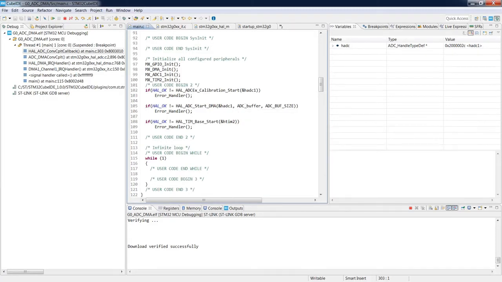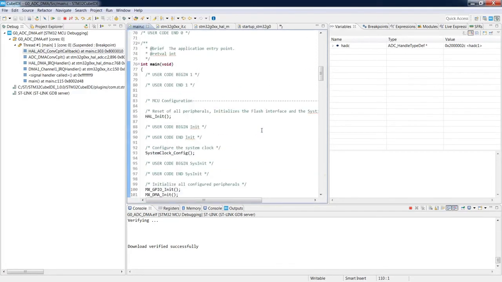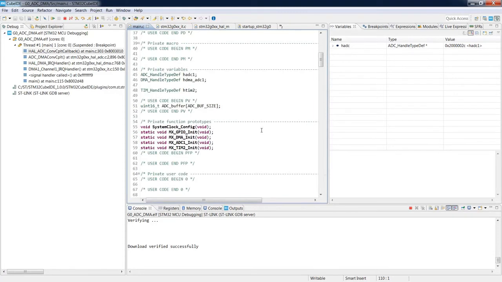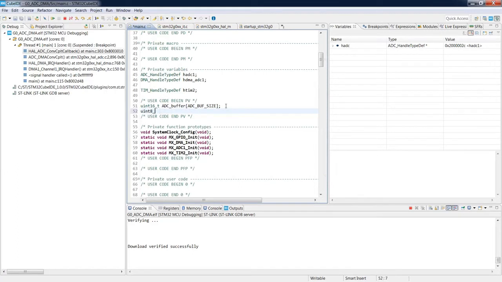Okay, so the next step would be to specify the flag, which would be used to highlight when there is a time to the conversion of the data. I would go into user code section for the private variable, and I would create one variable which is 8-bit long, and I would call it flag with initial value set to 0.